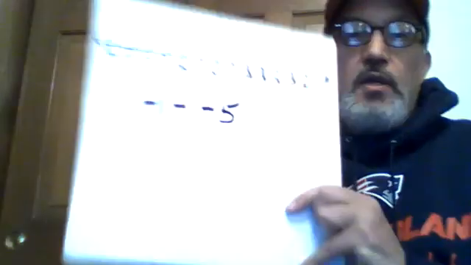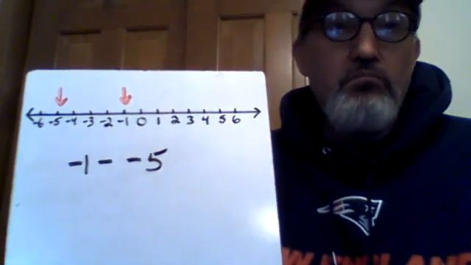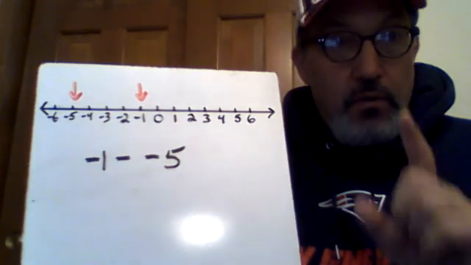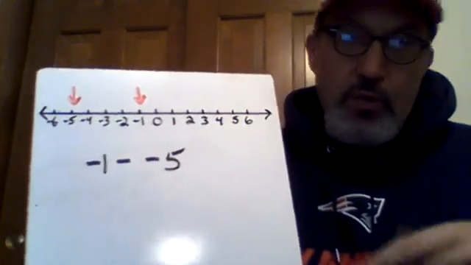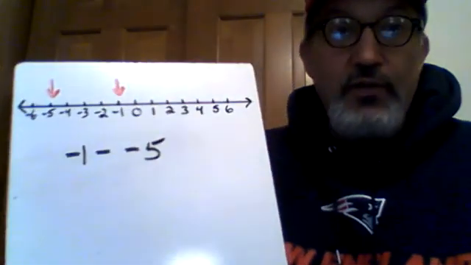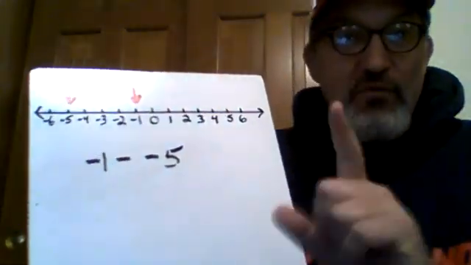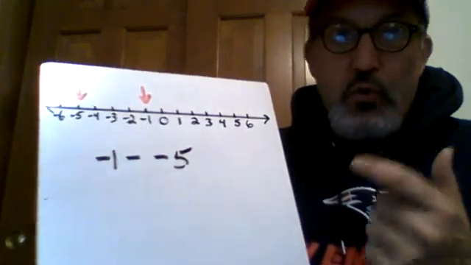Let us do it like this. -1 minus -5. This is going to give us the answer to distance. Distance has to be positive or 0, but distance here is clearly not 0. Bigger number minus smaller number. -1 is bigger than -5. And according to our